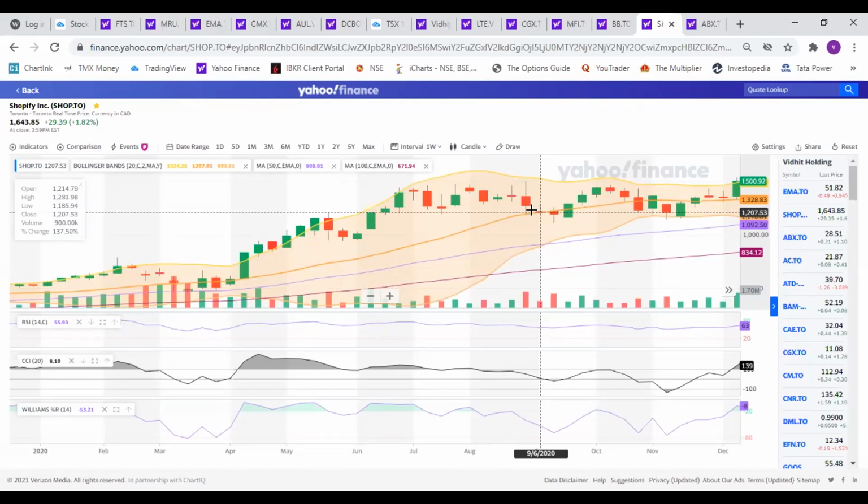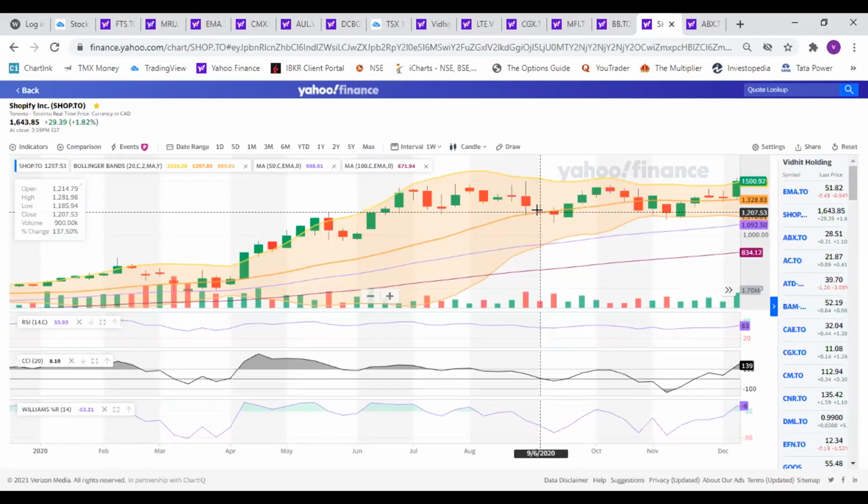Anybody wants to calculate the difference? 50%, sir. About 400, about 50%. Yeah. 50% by doing nothing, but just entering in on Monday, after spending 5 minutes in finding the stock, entering on Monday and doing only weekly checks. So I could have made 50% profit in 9 months time. That's the power of Bollinger Band.